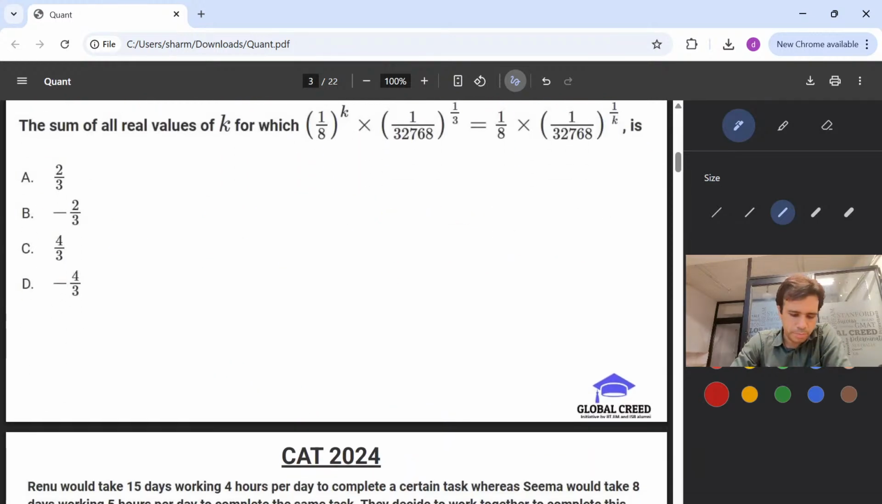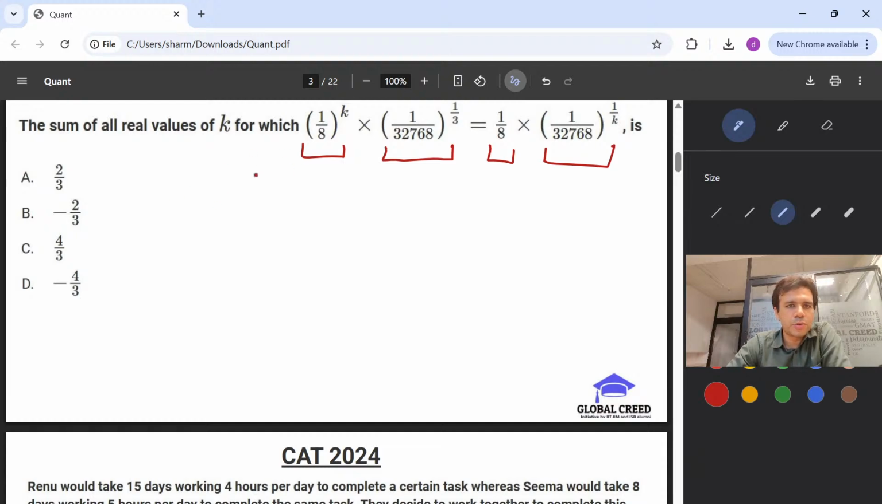Let's move to this one. What does this one say? This says (1/8)^k, (1/32768)^(1/3), (1/8), and (1/32768)^(1/k). Now what is given over here is